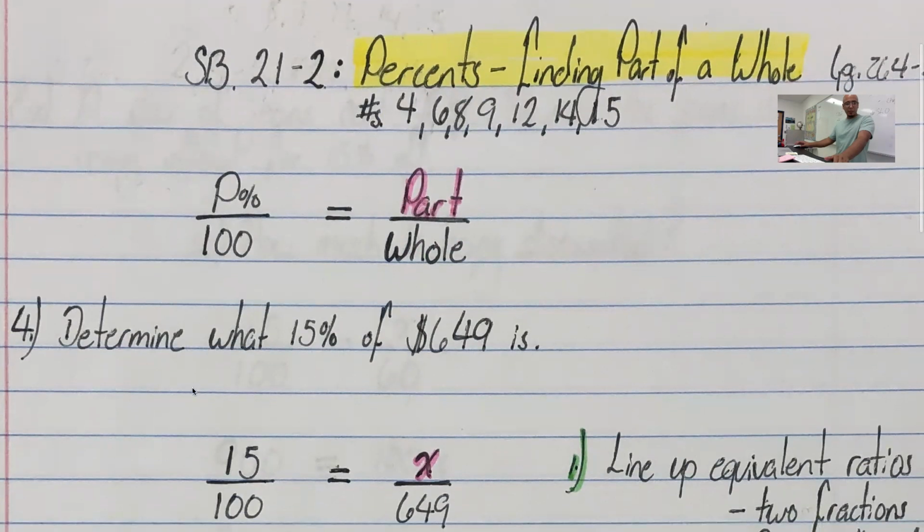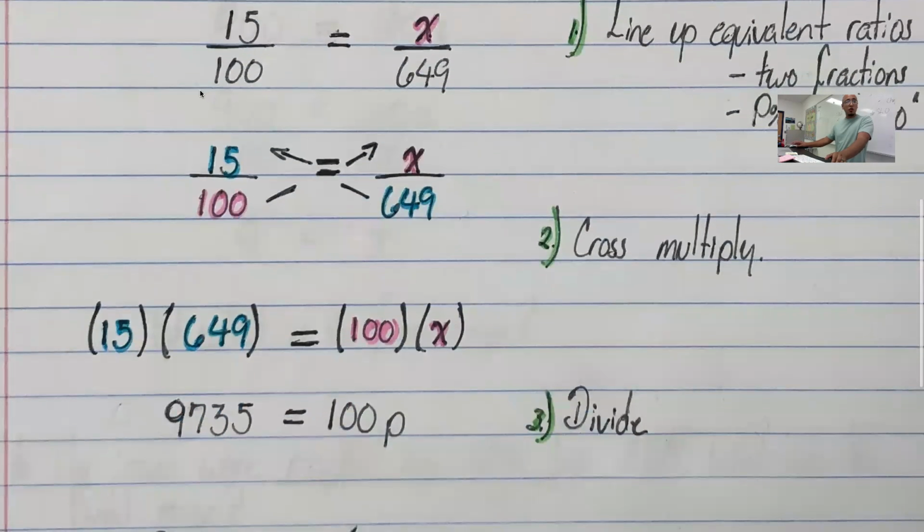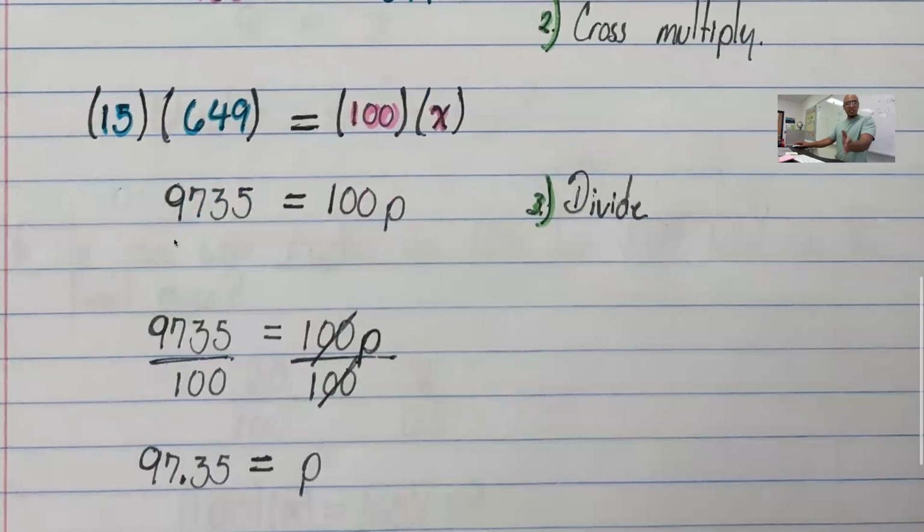Once again, we set up the percent over 100, just like I have in my model up here. And then the whole, which is this, because it's of 649, will be in the denominator, and we're looking for the part. Once I set it up, ladies and gentlemen, we use cross multiplication to make an equation. I have one of my cross products right here. That was 15 times 649, 100x on the other. And finally, ladies and gentlemen, we divide both sides by the number next to the letter,